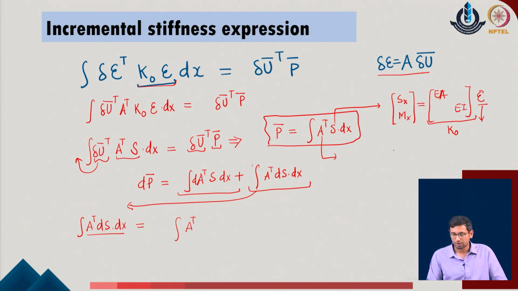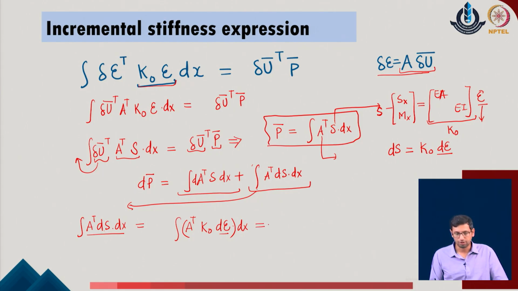And this is called the overall S vector of the given system. So, if I want to take a small variation in the d of S, it can be written as K naught, which is the same matrix, into d of epsilon in the given problem. So, with this idea, I write this expression as A transpose K naught into d of epsilon, and this overall as an integral expression of the given system. Now, what we realize is that d epsilon in the given problem is equal to A into del u bar, as we have already seen earlier.